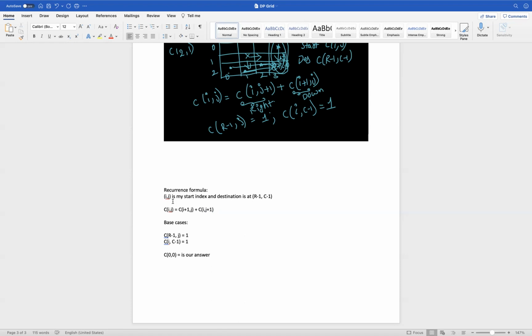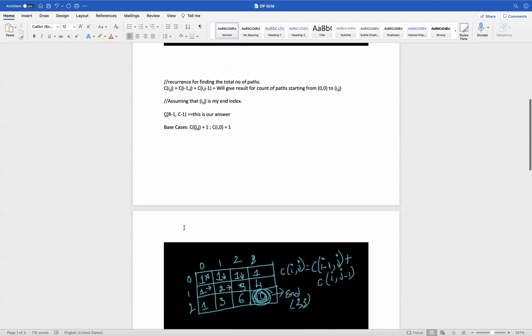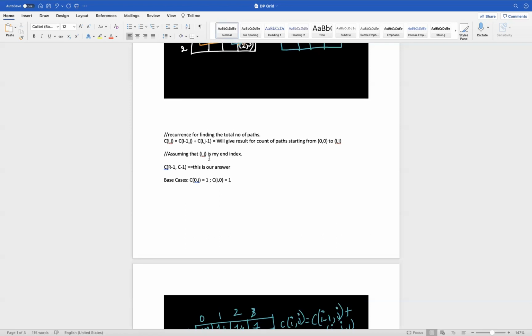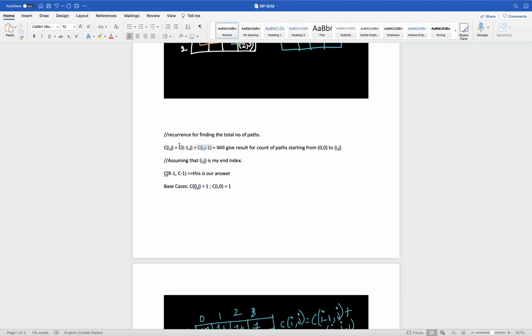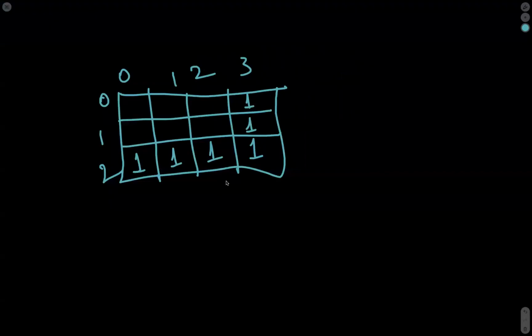That's what we need. But in our previous case, I considered i comma j as my end index, and I formulated that recurrence formula, and my answer stays at C of r minus 1 comma c minus 1. So let's look at this approach.